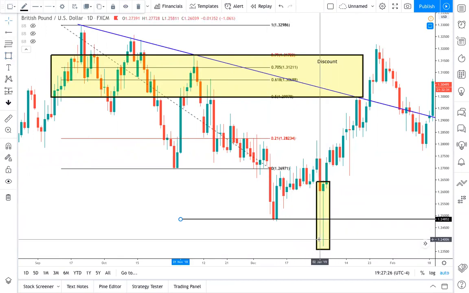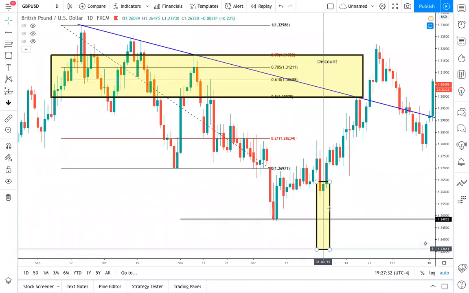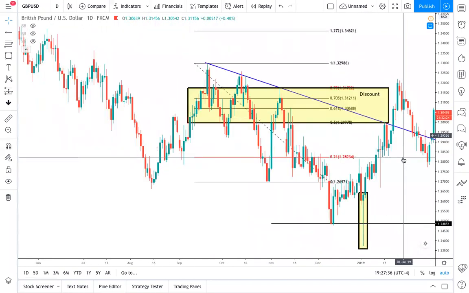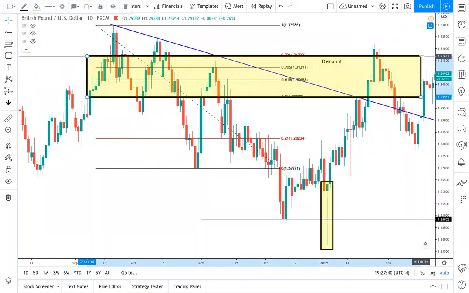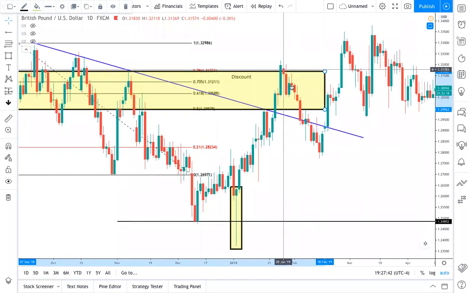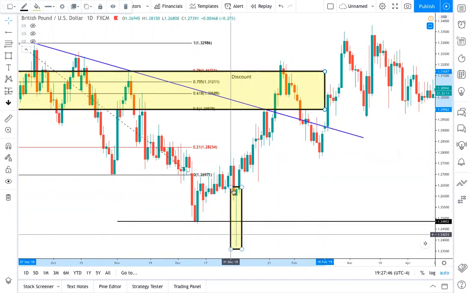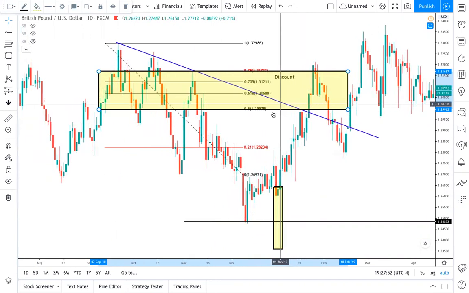Came down, giving you this turtle soup W, right? W's and M's, giving you this turtle soup W, but a pin bar here at this support, and then it came back up. But again, what did it do? Came back into discount and then sold off again. All right. But now this identified this as a swing back up to the upside,